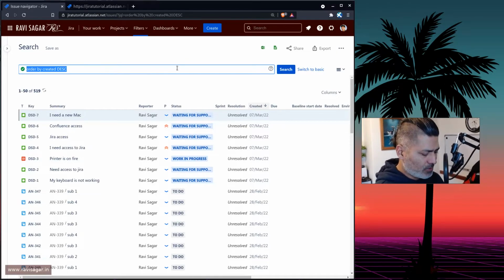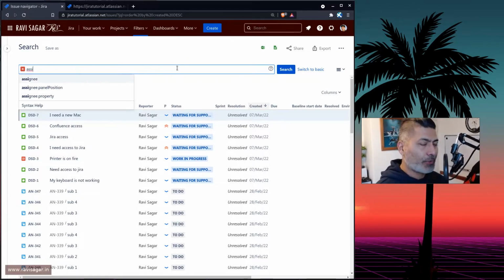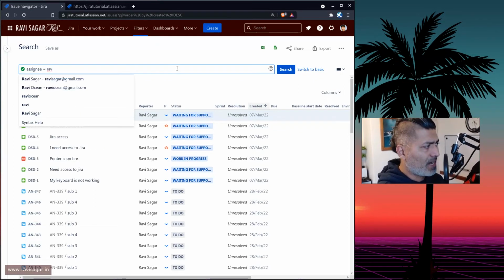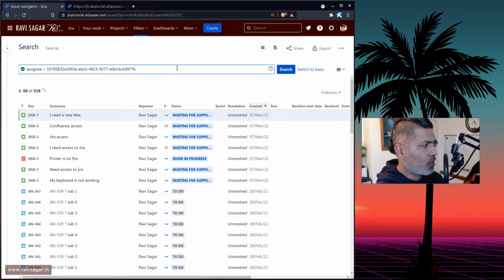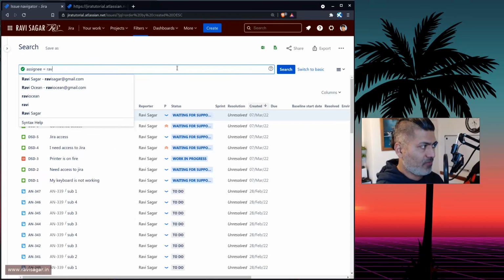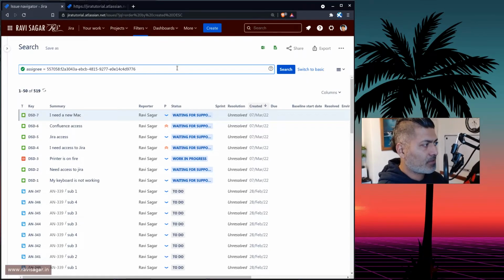So let us first figure out the assignee. What I need you to do is type in assignee is equal to whatever name you're looking for. For example, if I'm looking for my own account ID, which is something that I will be using, based on my